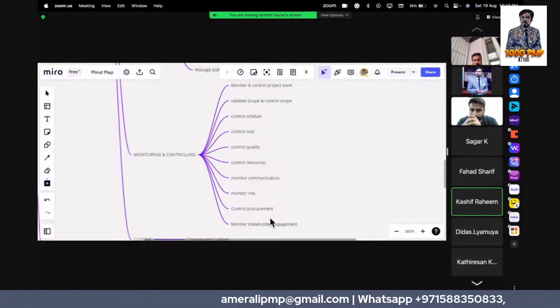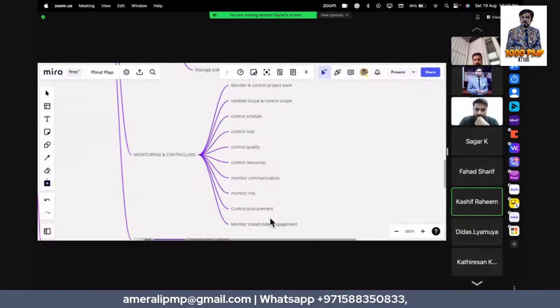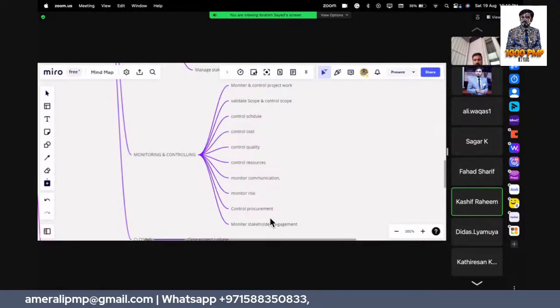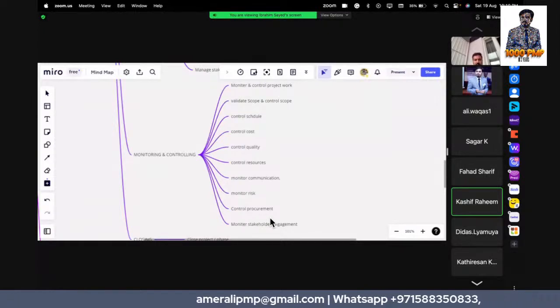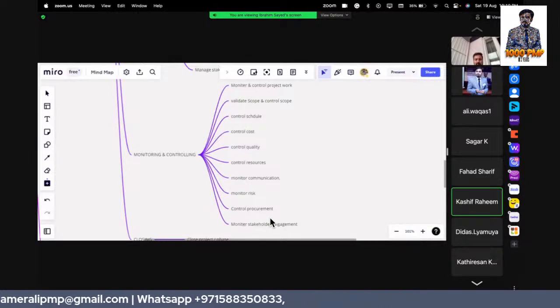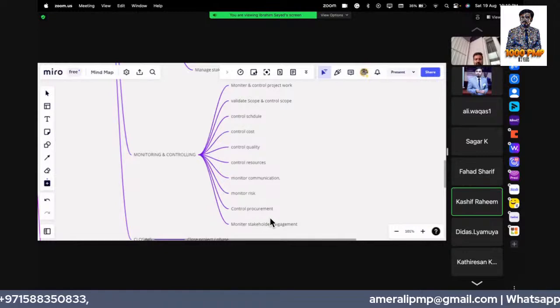Then we have quality control, how the activities are qualitatively measured and controlled by the field people, by the job pack. Then we have control resources, how we do the resource leveling. We have a method to implement